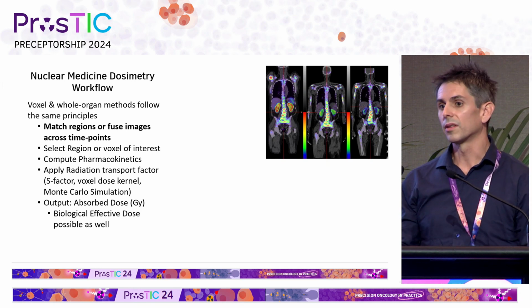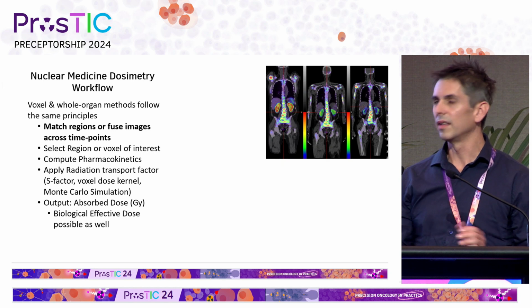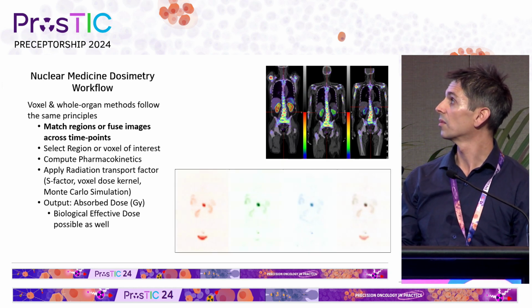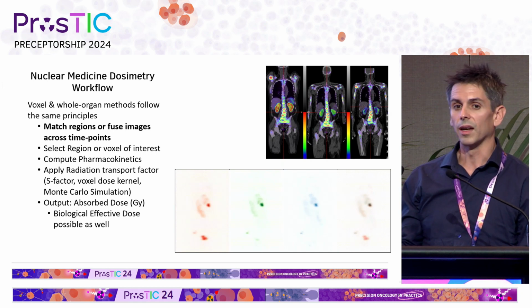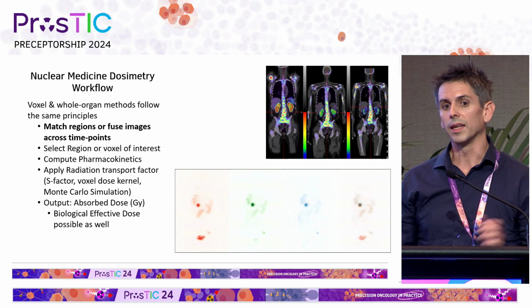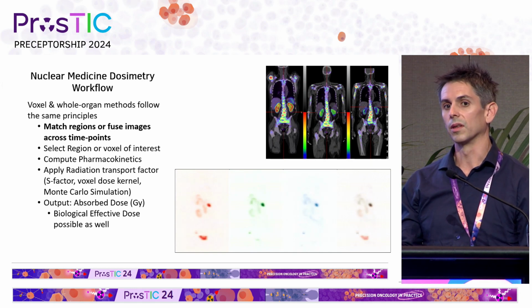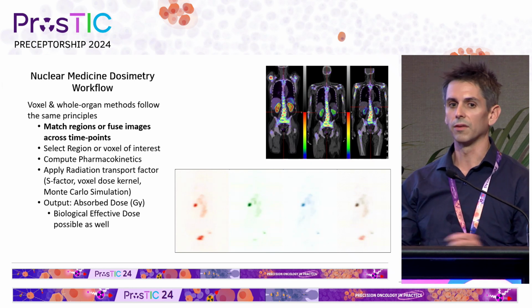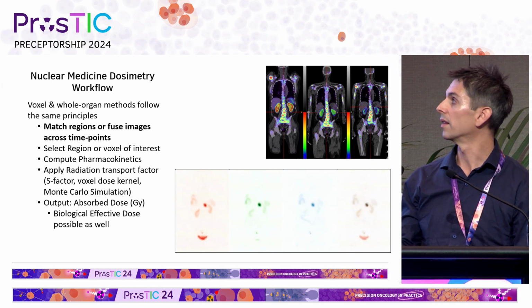If you're going to do the dose calculation, it always follows a similar set of steps, where we first fuse those images in space. We're using a deformable registration algorithm, and we want to do this all basically in the image space, so the computers can do this without needing too much manual work. But you can just as easily contour each of these scans as a region of interest, and then from there